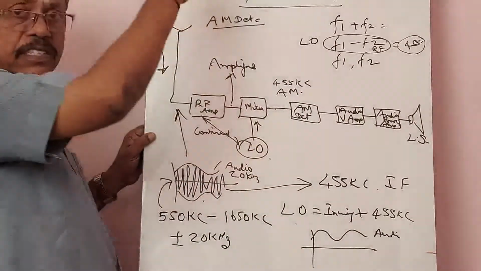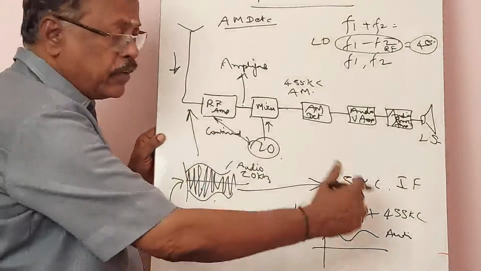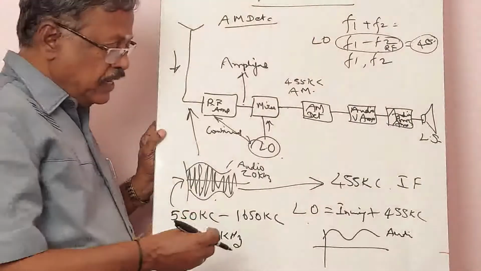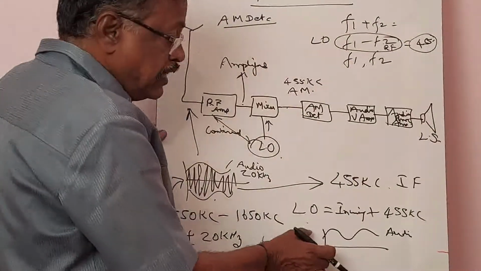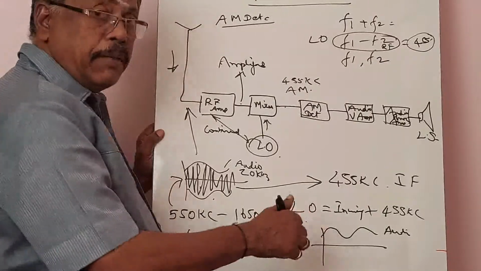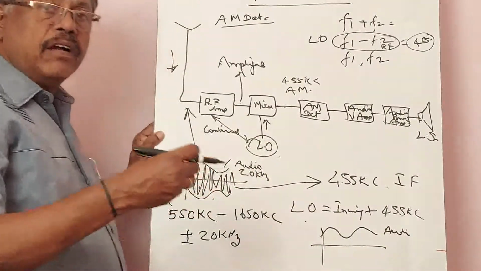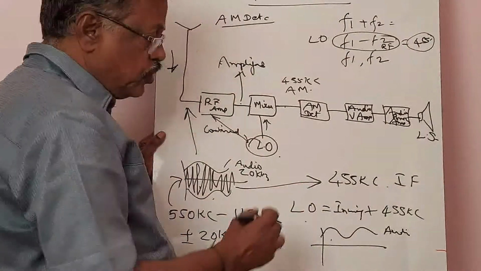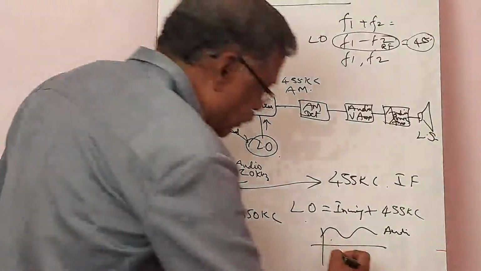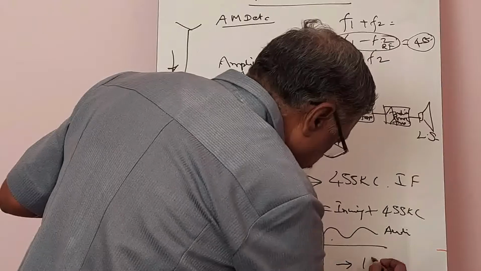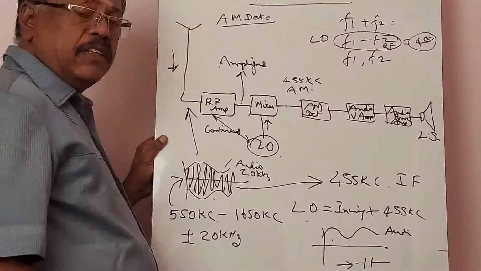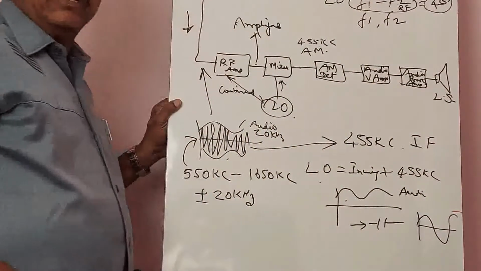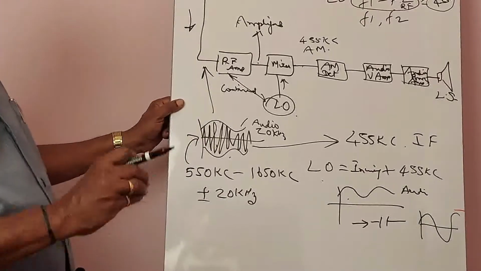All high frequency signals are grounded, but the envelope alone will be taken out by rectification of the positive cycle and filtering using the capacitors. And then this is supposed to be a DC waveform, but its amplitude is going on varying according to the modulating signal. Therefore, this contains DC plus AC. So to get back only the audio signal, you have to pass this signal through a capacitance. When you pass this signal through a capacitance, this is going to provide a signal like this, the audio signal. That audio signal is varying between 20 Hz and 20 kHz.